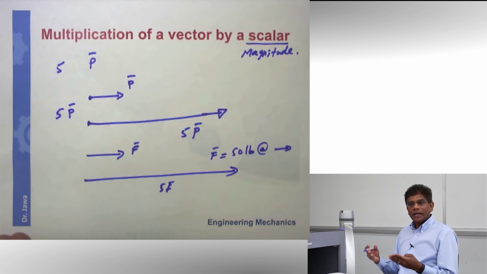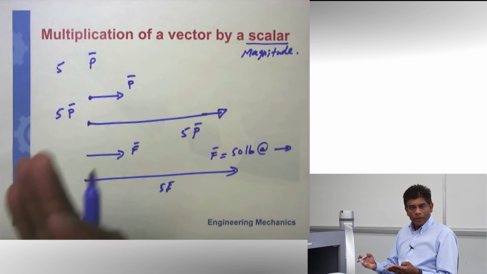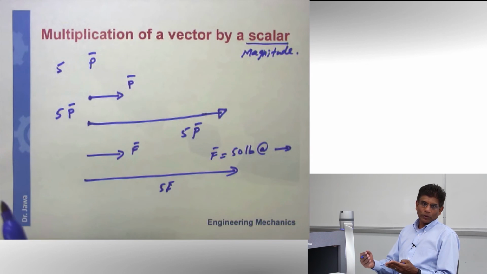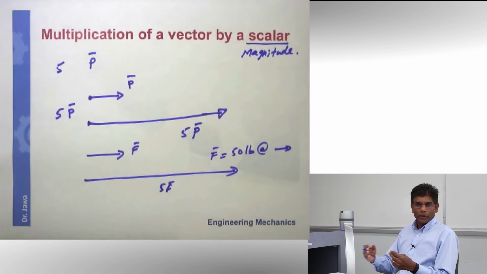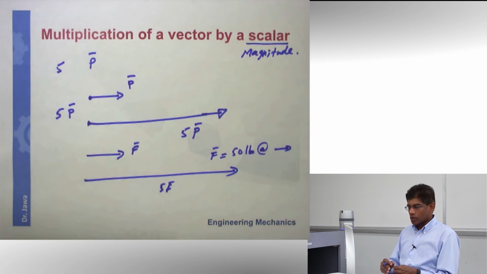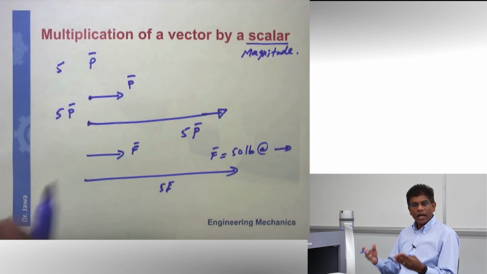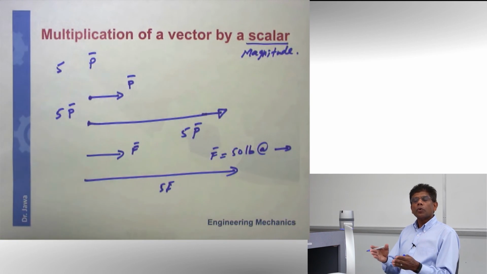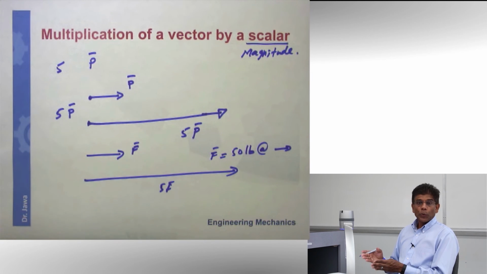By the way, dividing a vector by a scalar will be multiplying by its reciprocal. So it's pretty much the same operation as multiplication, so I'm not going to spend time on that. All right? I hope you understand this. These are all simple approaches. Adding and subtraction, I have shown you a graphical approach. Now I would like to move on to an analytical approach with an example.